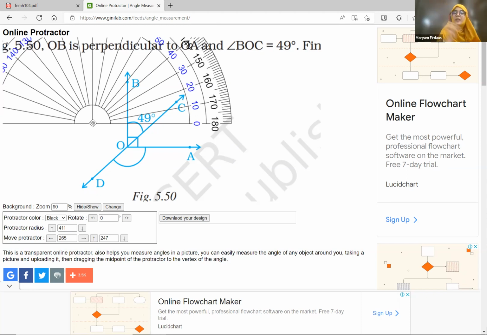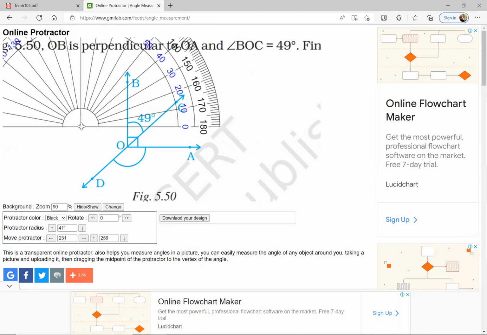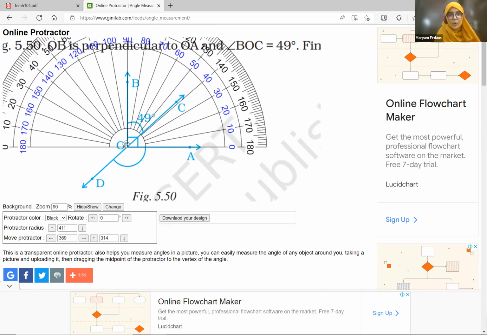What is the vertex of the angle COA? O. O is the vertex, right? A is not a vertex. So vertex matches with vertex. So you have to keep this on top of O, so that the vertex is exactly on top of O. Fine? Now these two ends of the protractor, either it should coincide with OA